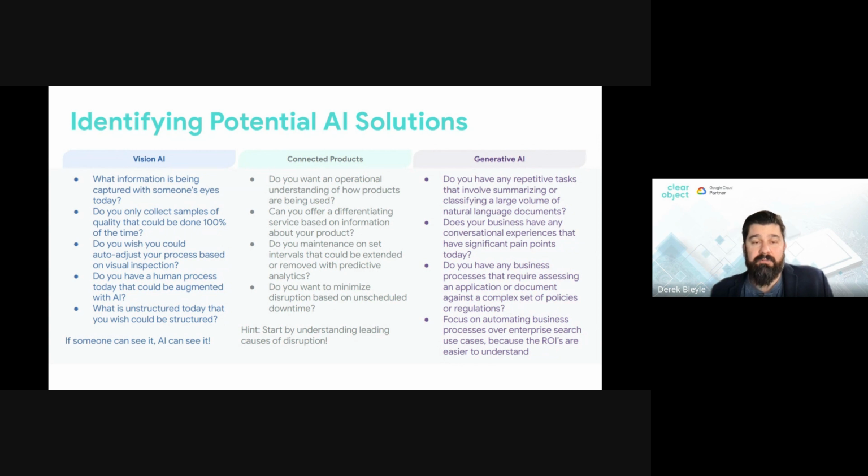From a connected products perspective, this is more of your, hey, I've got standard IoT, I put sensors in, I now understand what's happening, but how do I start to make a better understanding, start to predict, start to help those who are using that equipment, whether those are customers or our own internal people. And so a few pointed questions at that. And again, one of my hints in this one is start by understanding your leading causes of disruption. A lot of times people say, hey, I want to predict this. And the number one question we have is, well, how disruptive is that? How often is it occurring? If you could really focus on understanding what is causing your disruption today, that could be very helpful.